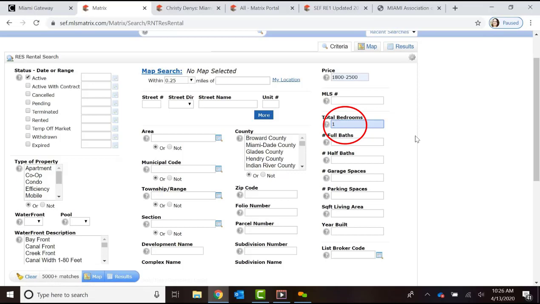So basically, if you put 1, the system's only going to bring up 1 bedrooms. If you put 1 to 2 bedrooms, the system is only going to bring up 1 to 2 bedrooms. And if you pick 2 with a plus sign, it's going to pick up anything more than 2 bedrooms. Okay? And the same thing works for the full baths